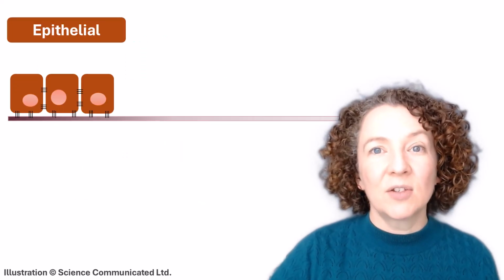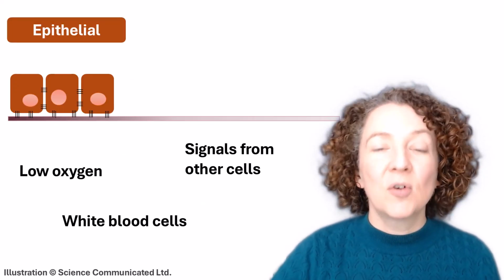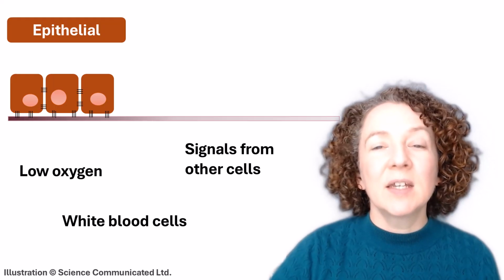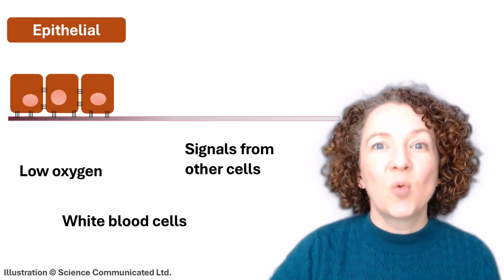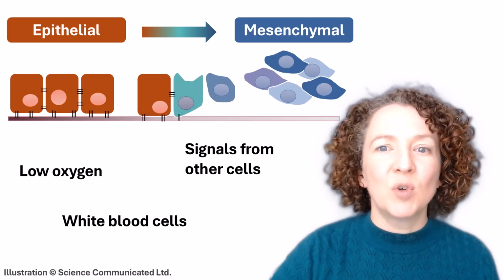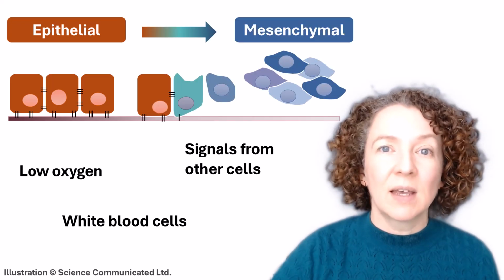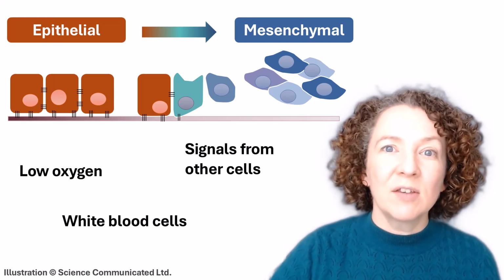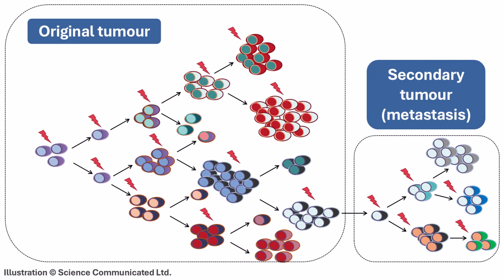Cancer cells can also change their behavior in response to their surroundings. If cancer cells start running out of oxygen, or they receive certain signals from other cells in their environment, then they can change from being orderly, well-connected epithelial cells to becoming more independent, more mobile, more treatment-resistant cells called mesenchymal cells. Additionally, the cells that have created a secondary tumour, a metastasis, might be very rare cells in the original tumour and yet be the most dominant type of cell in a metastasis.